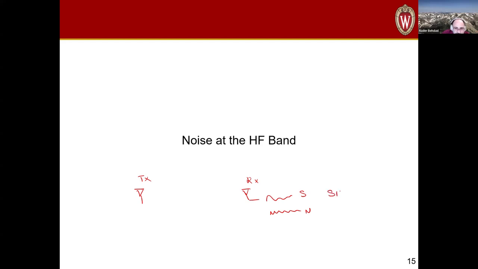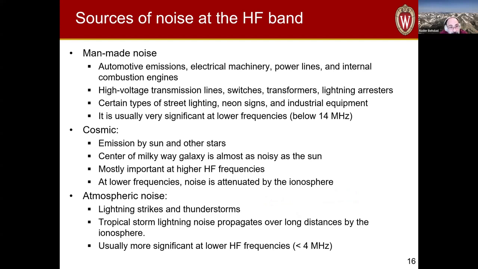And you always need to have a given signal to noise ratio that would allow you to demodulate and retrieve the information that's contained in the signal you're transmitting there. And depending on the modulation, your signal to noise ratios are different. Now, one important thing about operation at the HF is that HF, this frequency range, is an extremely noisy environment, and